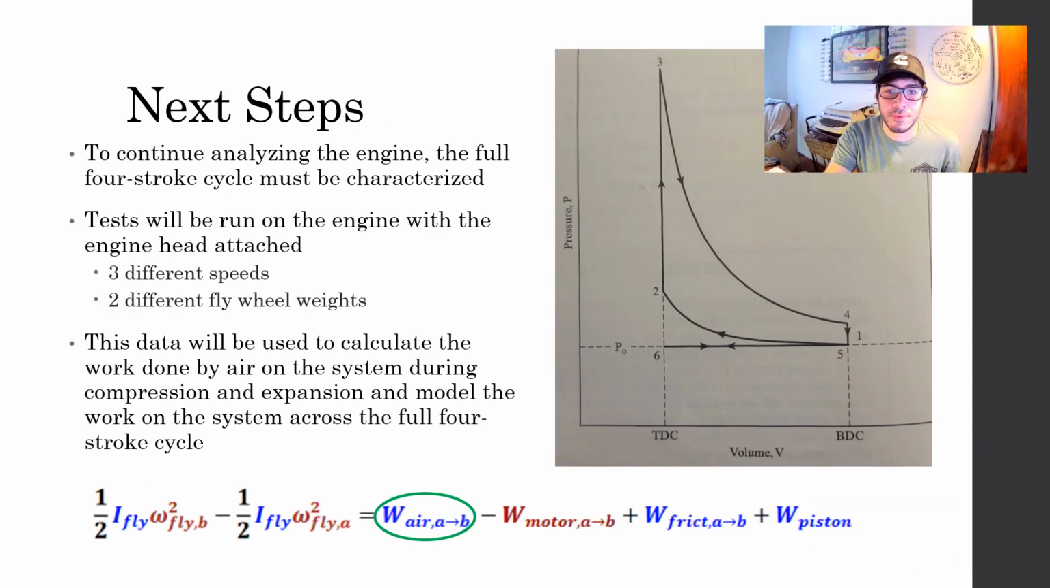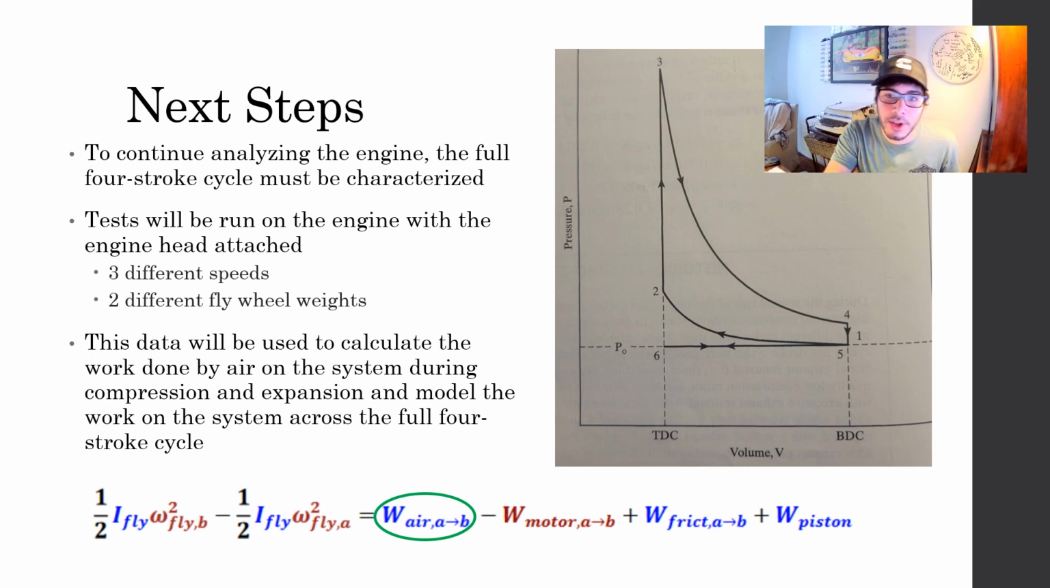So, having characterized the friction and moment of inertia of various system configurations in the previous steps, the next objective is to investigate the engine's behavior with the head on. By mounting the head, the work due to the air inside the cylinder becomes non-zero. At this point, the inertia of the flywheel, angular velocity, work due to motor torque, work due to friction, and work due to the piston have all been evaluated experimentally. This allows for the work due to the air inside the cylinder to be isolated and solved for as shown